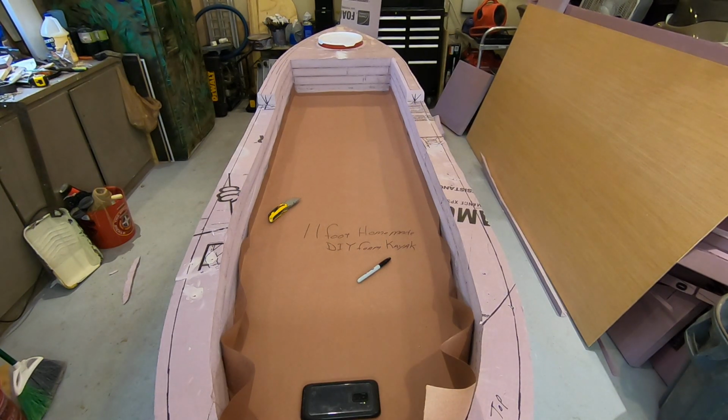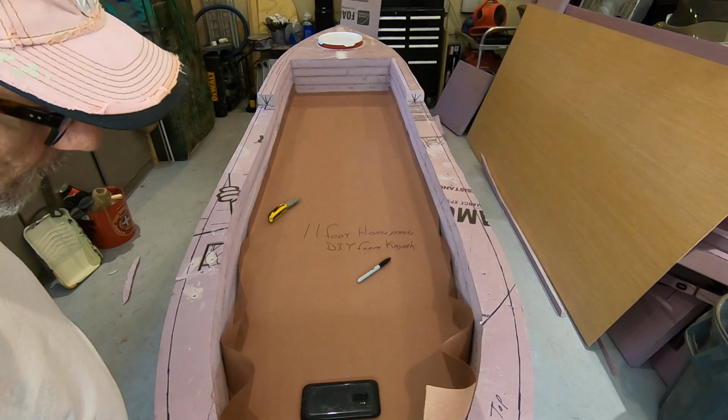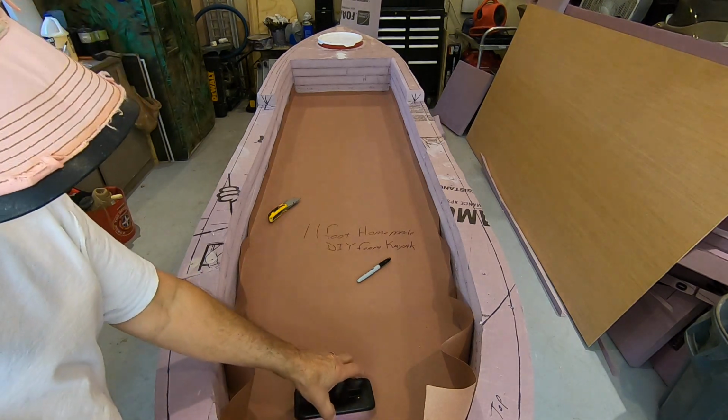What's up, everybody? I'm back to the 11-foot homemade DIY foam kayak. That's my neighbor's dog. What I'm doing now is I'm gonna make a paper pattern